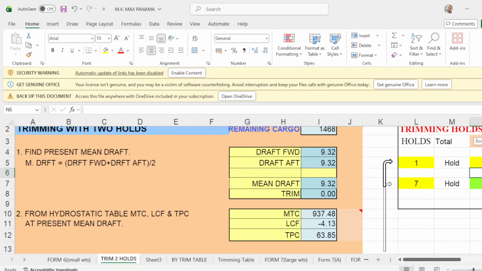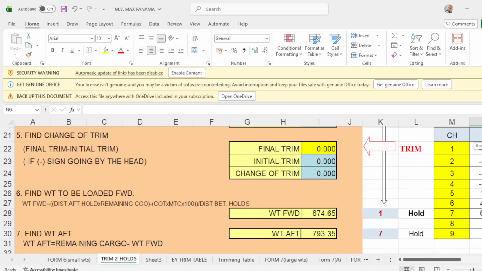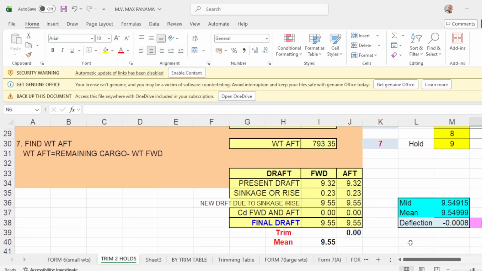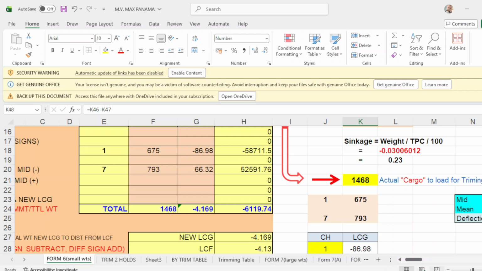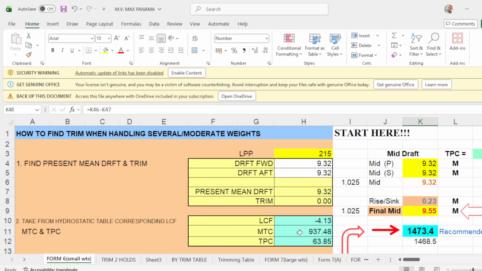After loading in hold number 1 and number 7, your departure drop would be forward 9.55, up drop will be 9.55. And you have the form 6, which is how to find trim when handling several moderate weights.